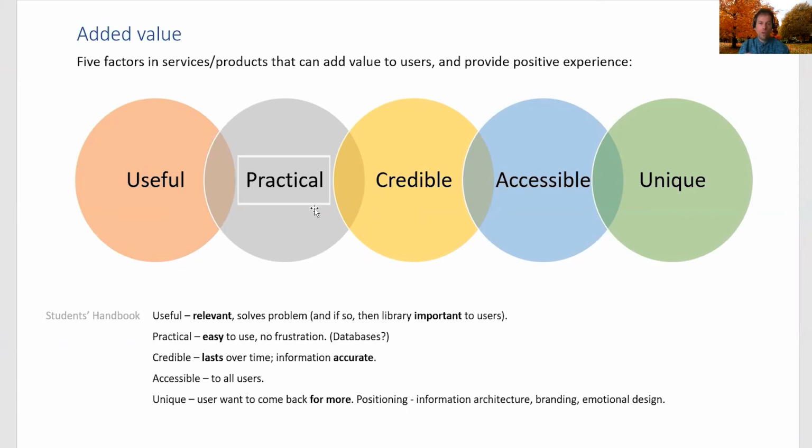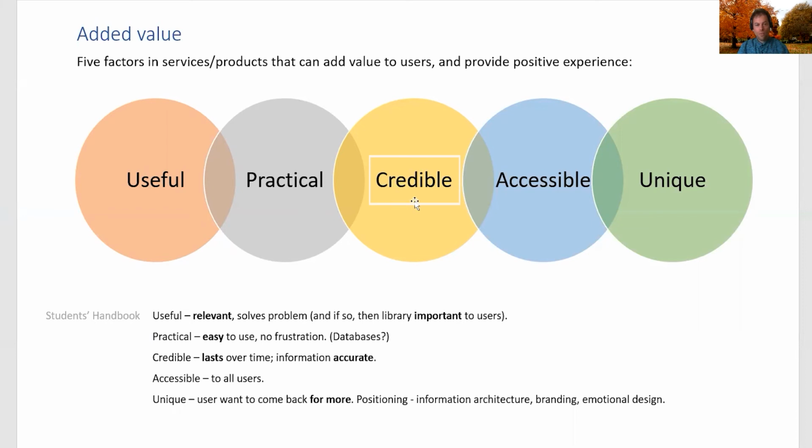If you go to the online library, the libraries are paying publishers. Publishers provide journals, articles, and databases. Each publisher has their own interface, but the user doesn't know it. The user just wants to reach a resource, and then they need to log in again and again. They're looking for another resource, they reach a different publisher, different login, and so forth. This is confusing. It can cause frustration. So you don't want that. You want practical, easy to use.